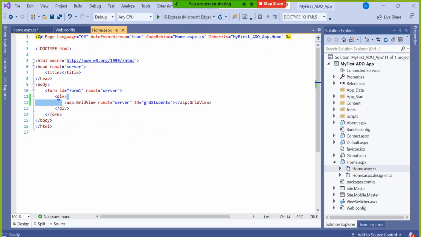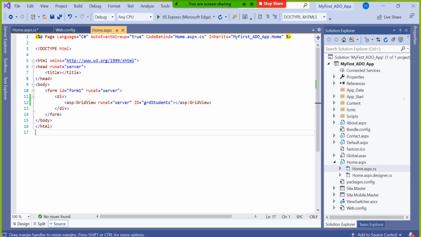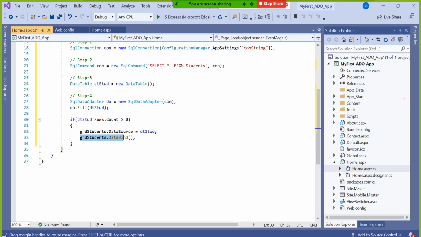That means our coding is asp:GridView, but if you go to the page source of the browser, you will get a table tag here. After all, it's a table, right? You can see it in design view. Automatically it will translate this ASP.NET code into HTML, and it will display on the browser. So if you will not give this line, what will happen?